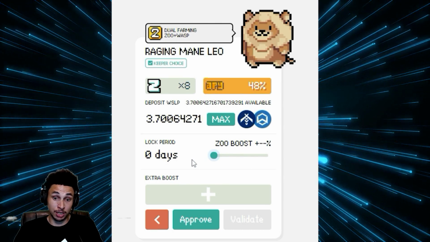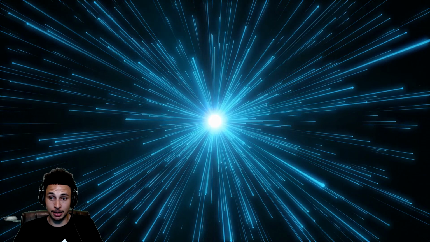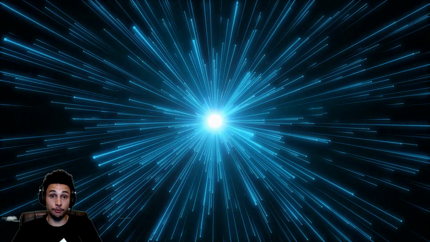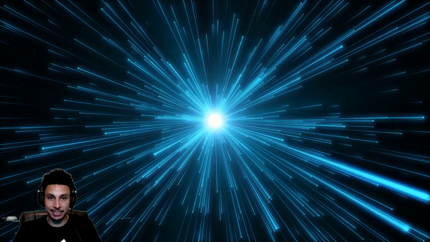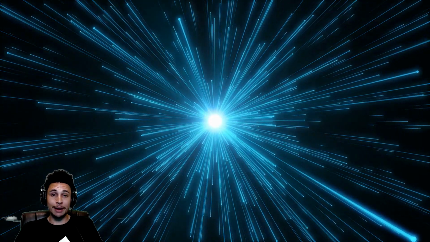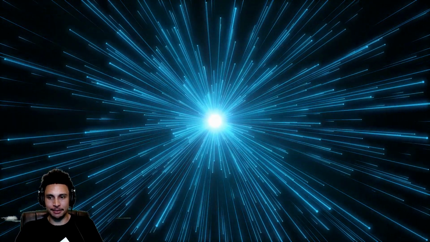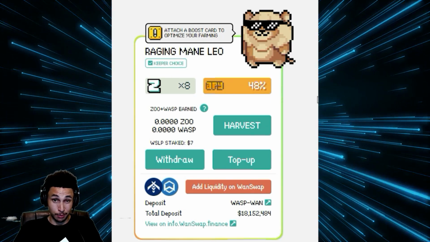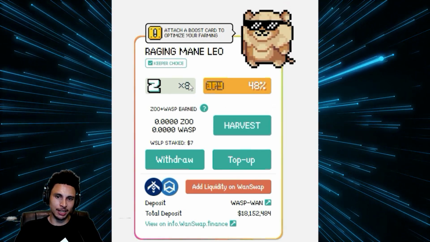And then when everything looks good, go ahead down here and hit approve. And y'all can't see it, but the WanMask pops up. Make sure to hit confirm. And then the WanMask will come up a second time. Hit confirm again, which authorizes the gas fee. And the last step is to hit this box right here that says validate. And then WanMask will come up for a 3rd time. Make sure to hit confirm. And there you go. My 4 WASP and WAN liquidity pool tokens have now been inserted into the Raging Main